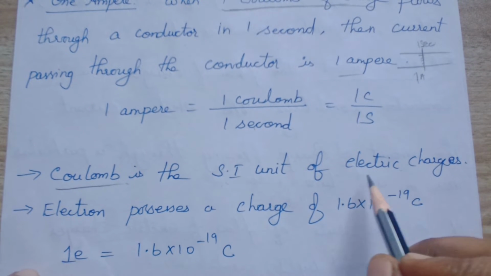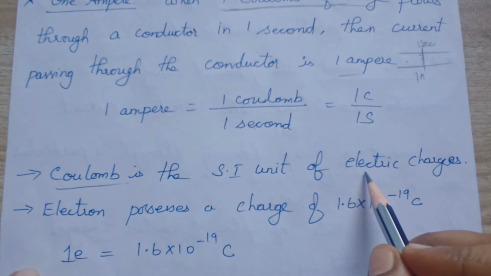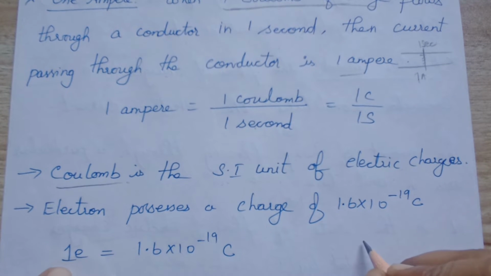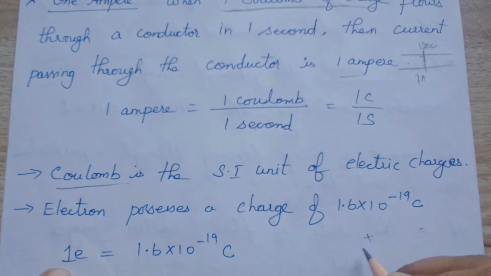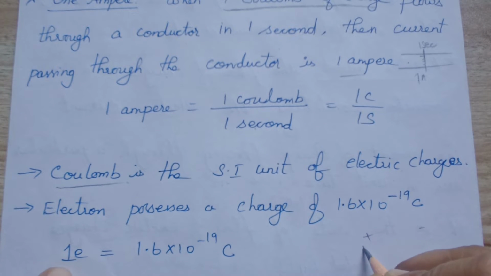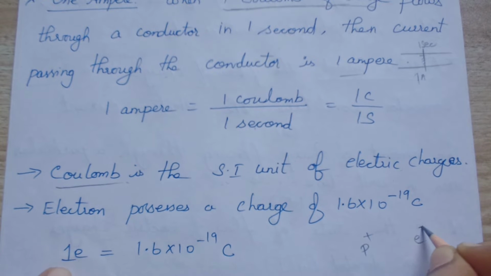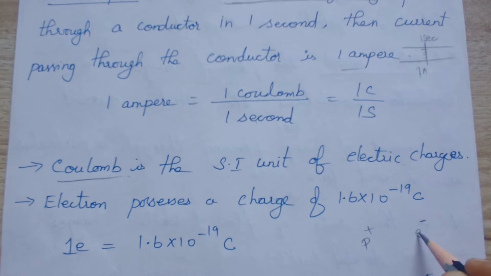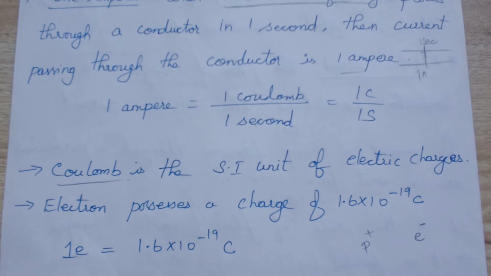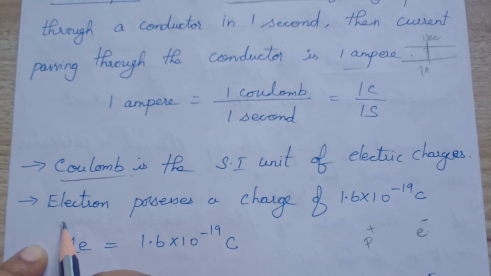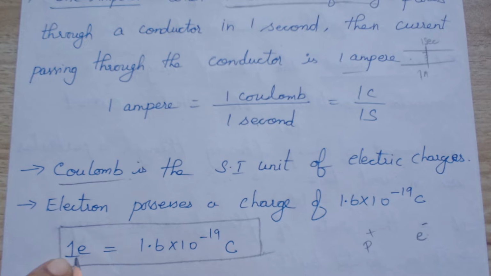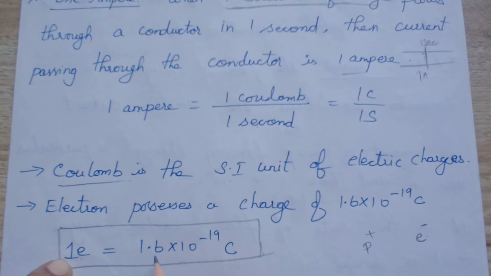You know that the flow of electrons is called electric current, right? Positive and negative charges attract each other, right? The protons have positive charges and electrons have negative charges. The flow of charges is called electric current. How much charge does one electron contain? We have seen that in the 9th standard itself. In chemistry we would have calculated it. One electron possesses how much charge?